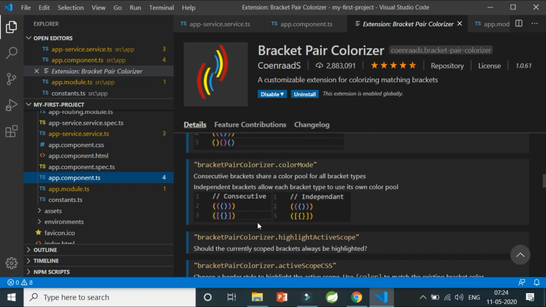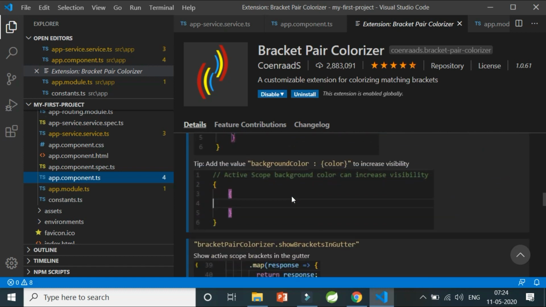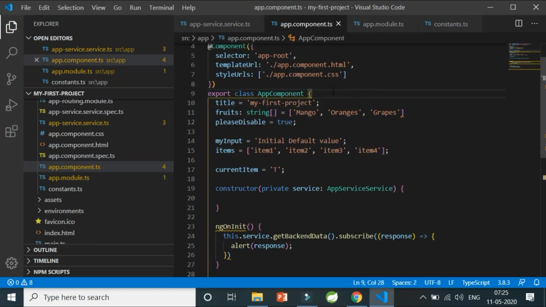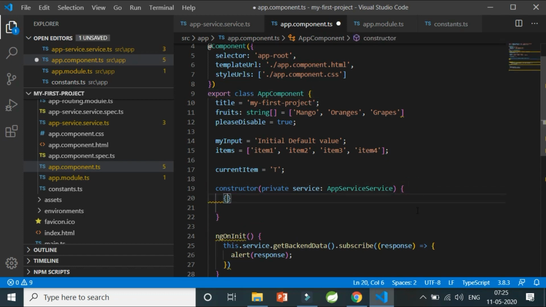These settings are, as in, first yellow, blue, pink. These colors are customizable, and you can customize them by looking into the documentation that I have given you. It's very simple and easy to understand. So I'll show you how it works. Whenever you start a bracket, it will start with a new color, and if you have internal brackets in it, it will start with a different color. So the first color you will see here is yellow, then pink, and then if you have another bracket inside, it will be blue.